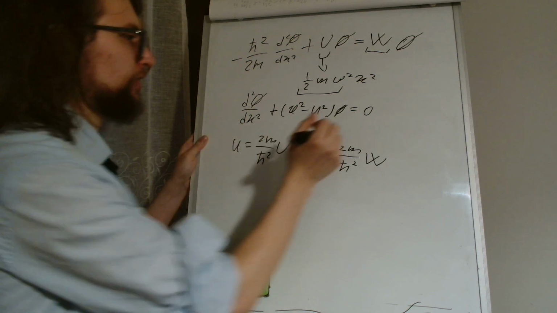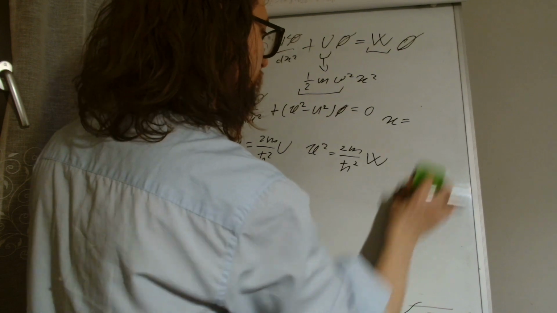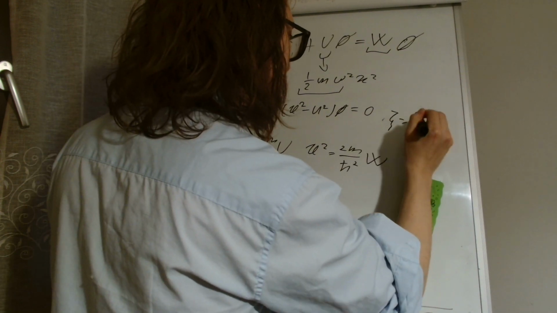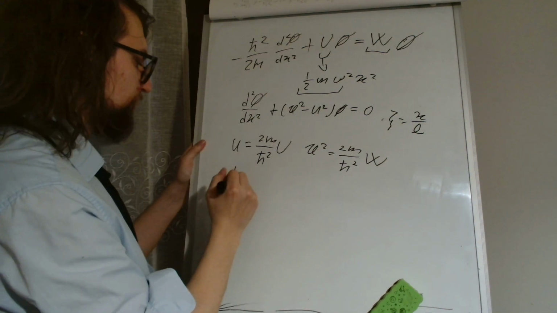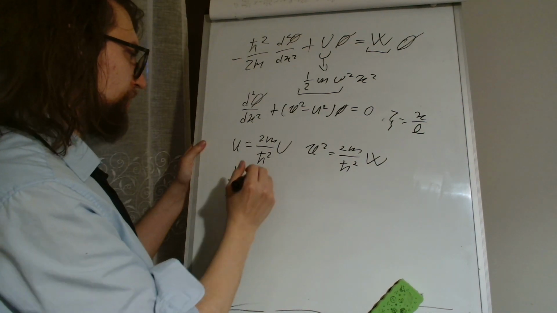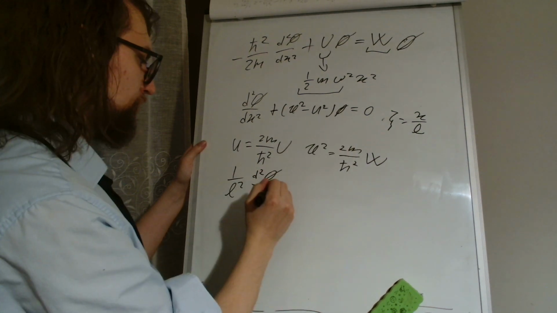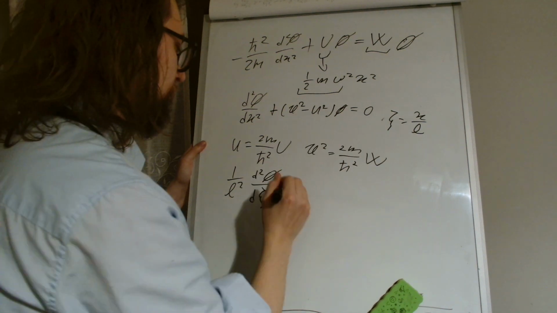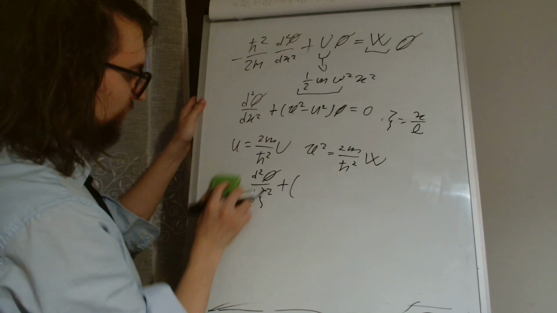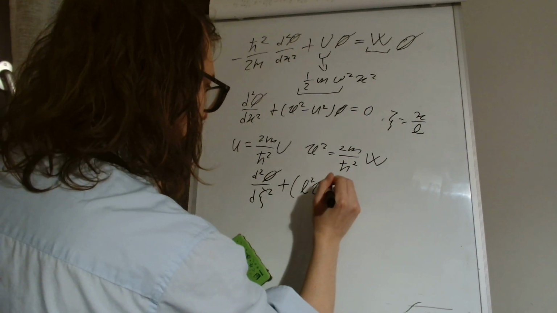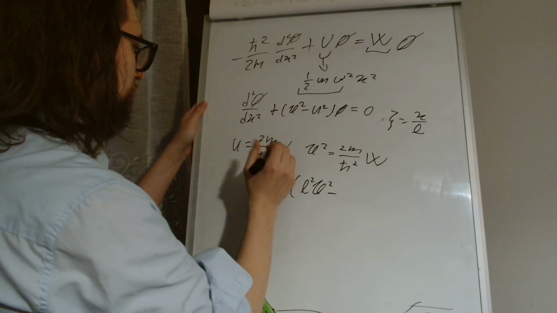And now we are going to consider a dimensionless quantity instead of x. So we're going to consider c equals x divided by L, and so we are going to get 1 divided by L squared times d squared phi divided by dc squared, and plus, now we're really going to multiply everything by L squared, so we get L squared k squared minus this times L squared, and we're going to